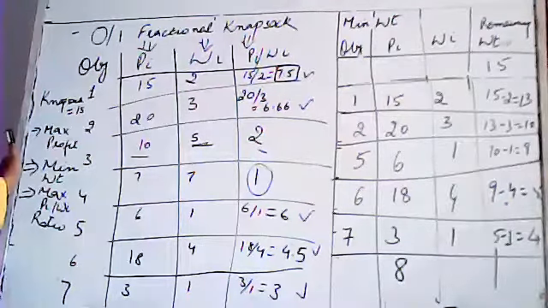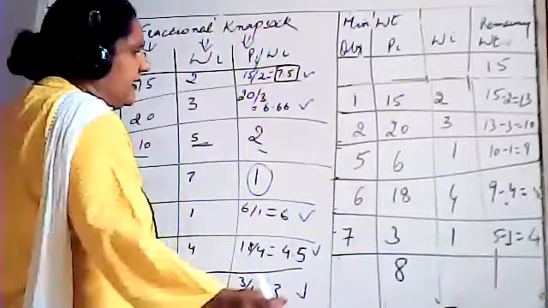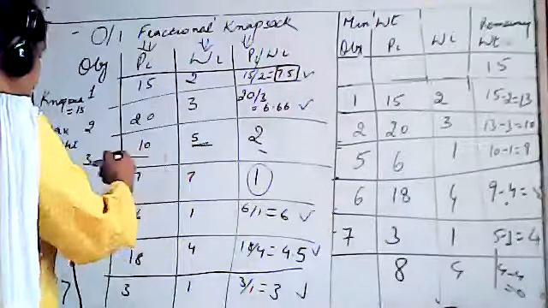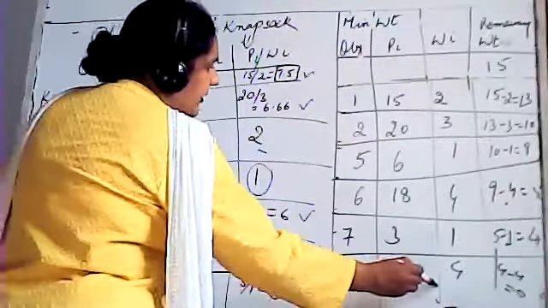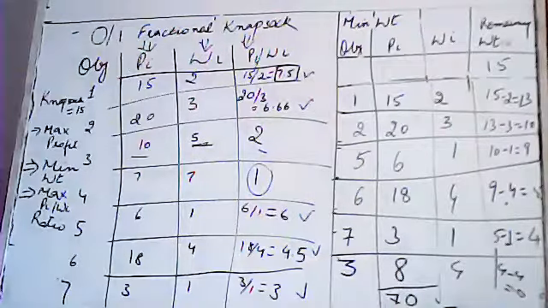We are getting 2 by picking up a single unit. Now picking up 4 units will give you a profit of 8 and weight will be 4. 4 minus 4 would be equal to 0 and the object number is 3. Now give me the total. It is again equal to 70. 5, 6, 11, 8, 19, 3, 22, 8, 30, 3 carry. So 2 plus 1, 3, 3 plus 3 is 6, plus 1 is 7. Fine. Now what would be the answer of this?